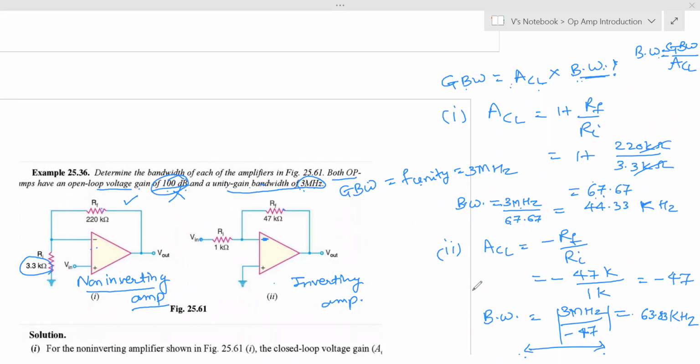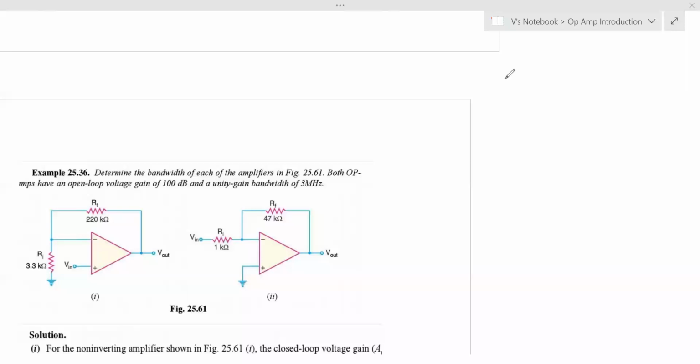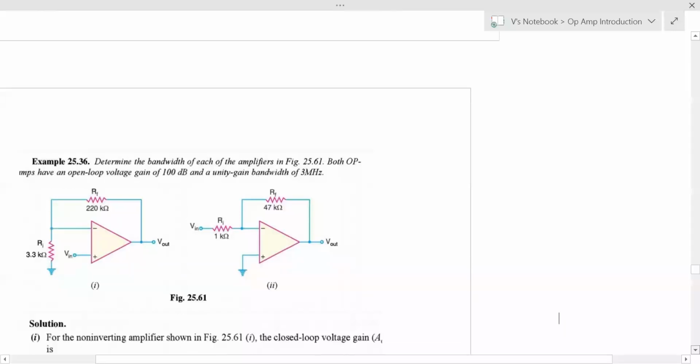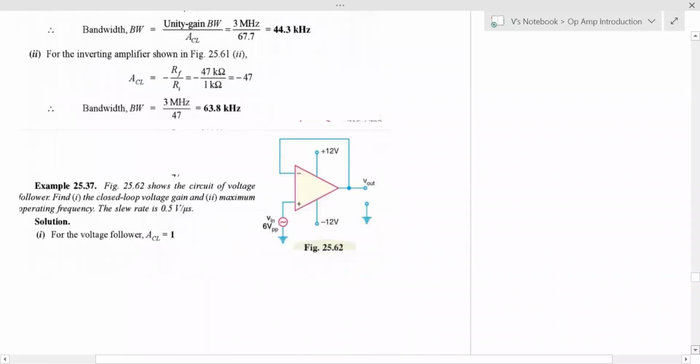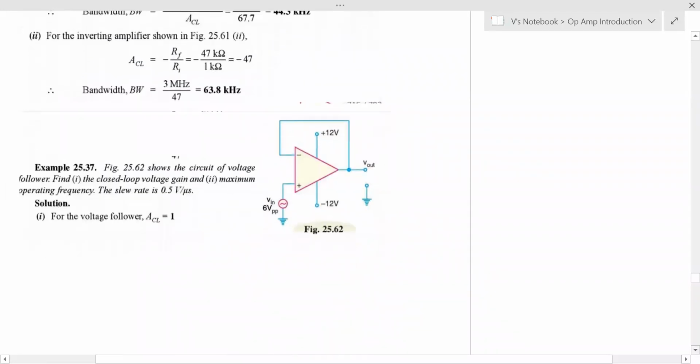answer, right? So this way we have to calculate any bandwidth or fmax, whatever is asked in the problem, along with this gains of both the inverting and non-inverting amplifier. Okay. So here, up to here, you will have your portion for test. ठीक है, हो गए होंगे अभी एग्जांपल्स। एक और है, ये तो वोल्टेज फॉलोअर का है. Let us just quickly go through.